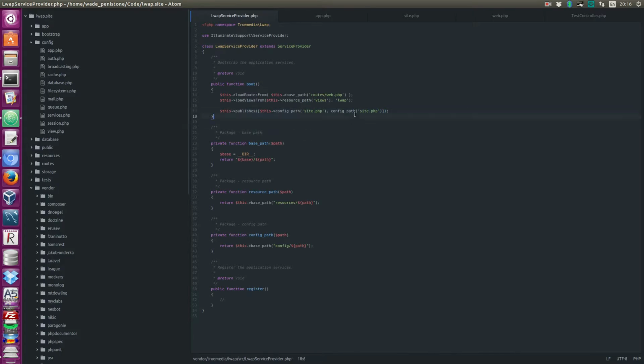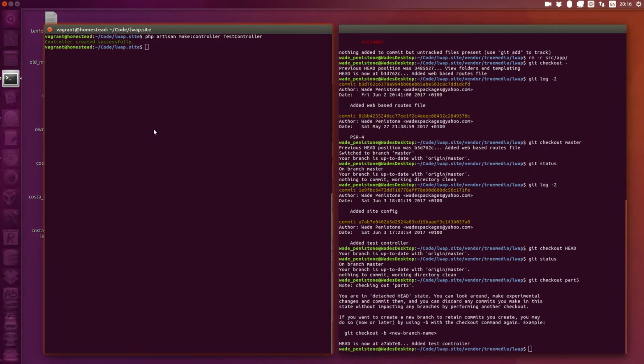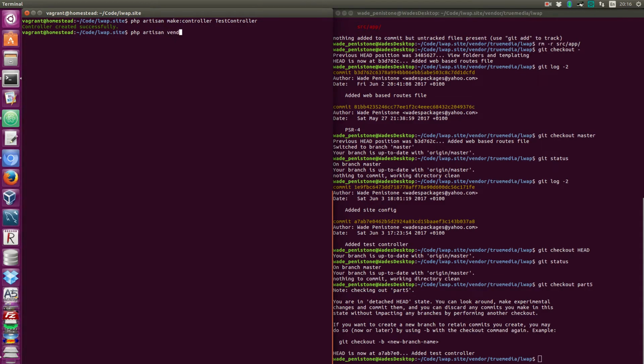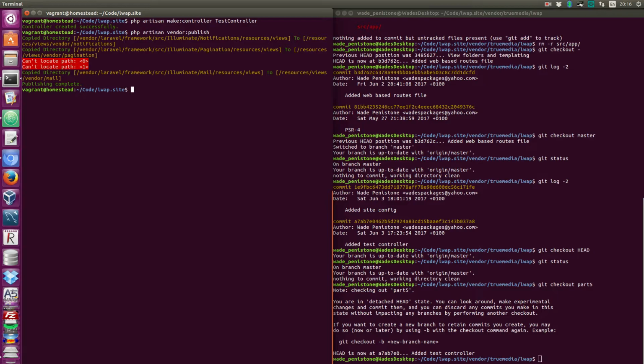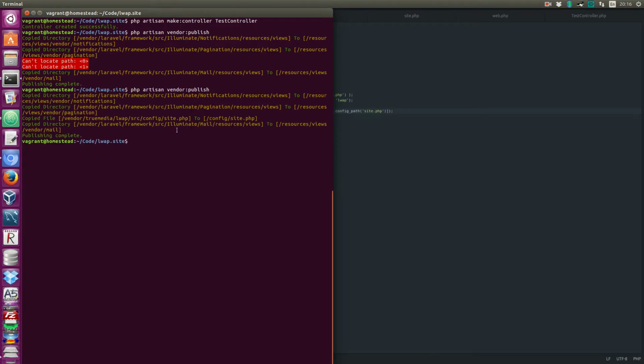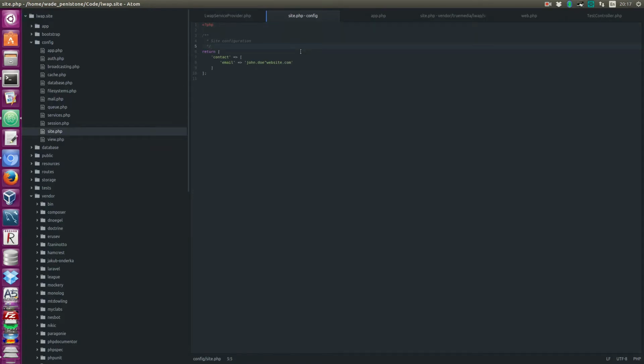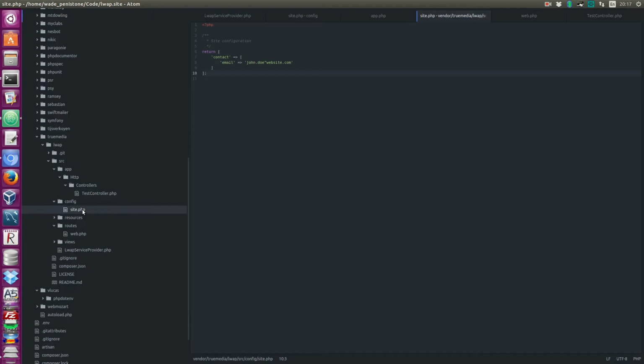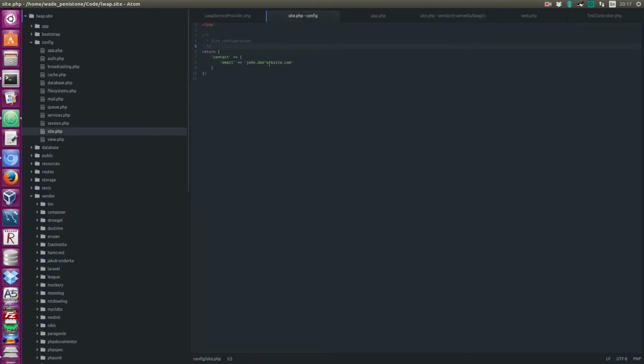So with this part done, you need to jump into the command line and run php artisan vendor:publish. Sorry, I seem to have set that to a comma instead of an arrow. So if I try running that again, you should be able to see a site.php, which is an exact copy of the one that was in the config folder, although I seem to have accidentally not used an @ symbol, so I'll just quickly replace those. So that's the config published, and that means we'll now be able to use the config function to read the